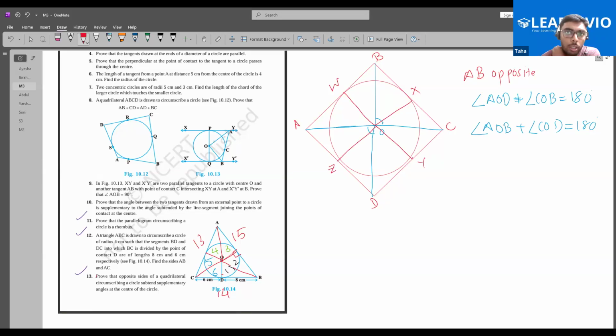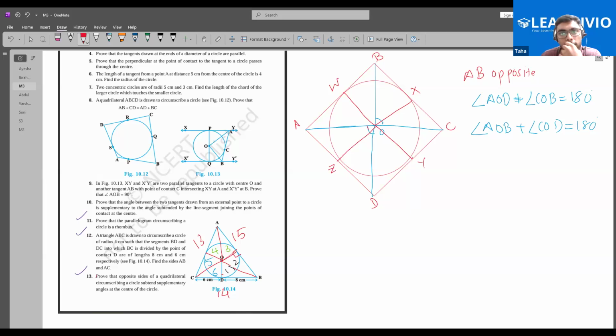Okay, so over here we can see that we are forming triangles, and can we use them to prove that the angles are going to be 180? Yes, sir. By RHS, you can prove that they are congruent. Then you can say angle